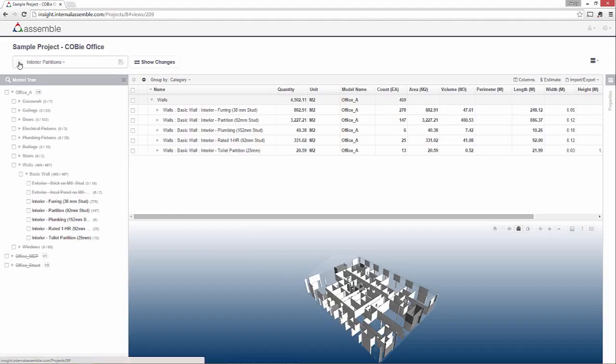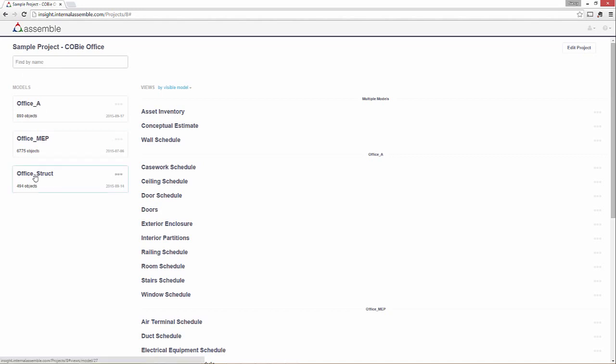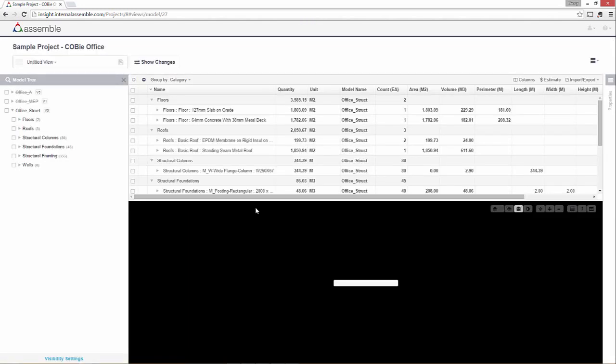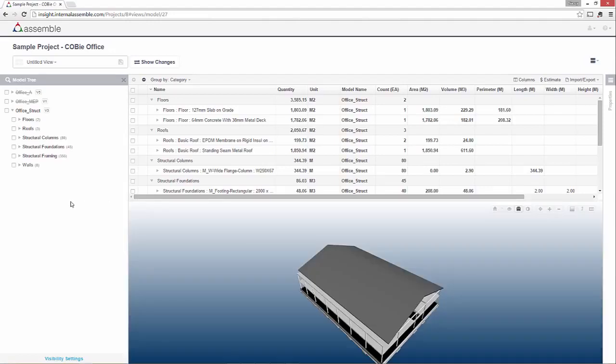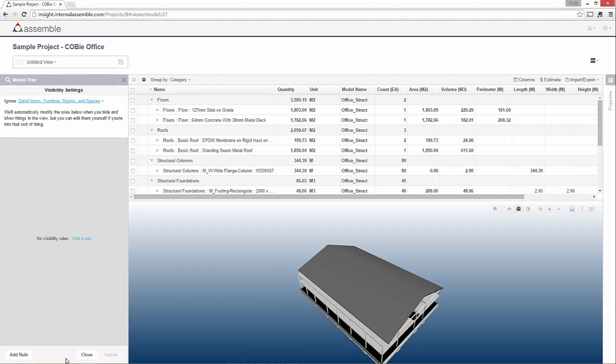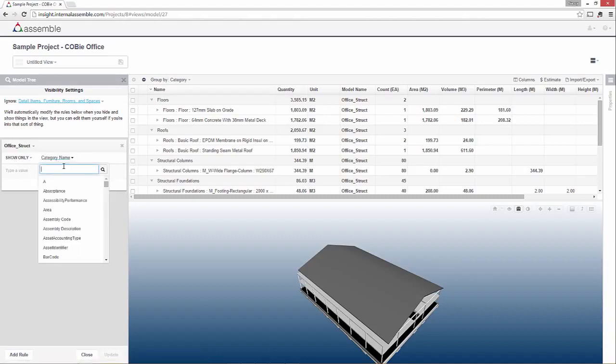The next 2 views will be based on the structural materials. Click on the icon in the View Chooser and choose the structural model. Our next 2 views will be isolated based on structural material type. Let's use the visibility settings to set up our views. Click Add a Rule. We're going to create a rule for the Office structural model, and we'll show only those objects that have a structural material